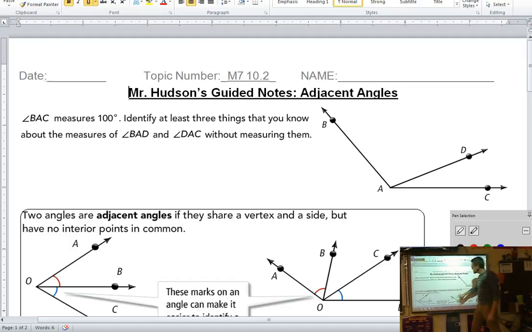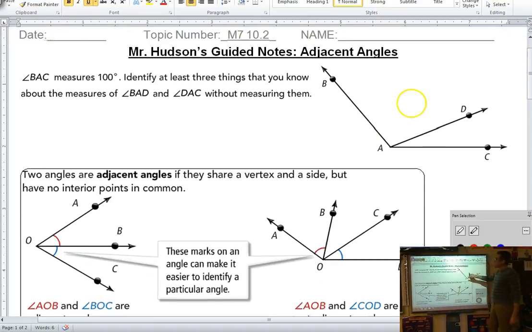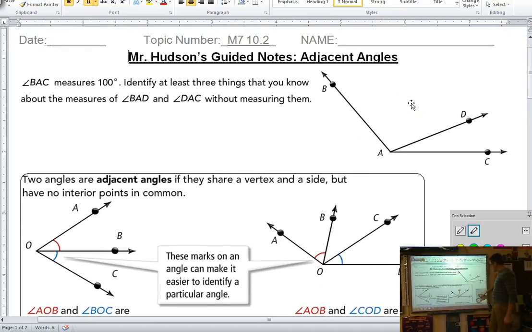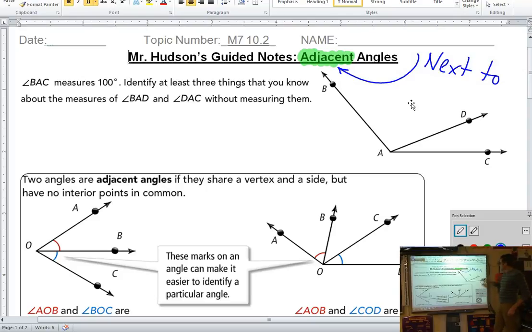So if I can remember that my software has changed. The first thing we're going to talk about is what does it mean to be adjacent? So I want you to highlight adjacent or put a star, notate something next to it, and what it really means to be adjacent is next to, but not just next to. They're next to each other, they're touching,